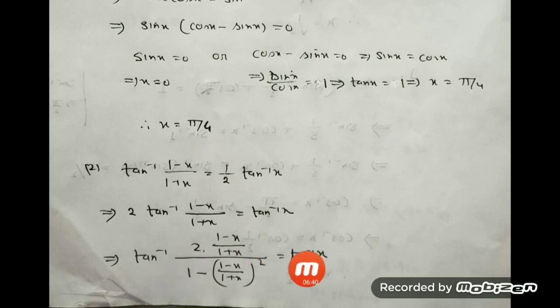Or on the right side you have tan inverse, so you can compare, and comparing we will have this one is equal to x. Let us do. So I have written here, and the simplification step also I had done. Then do the simplification, take LCM and do the product. This one is 2 into 1 minus x by 1 plus x. Then I just keep the reciprocal here. It is in the numerator and this is in the denominator. Simplify, this is equal to x.